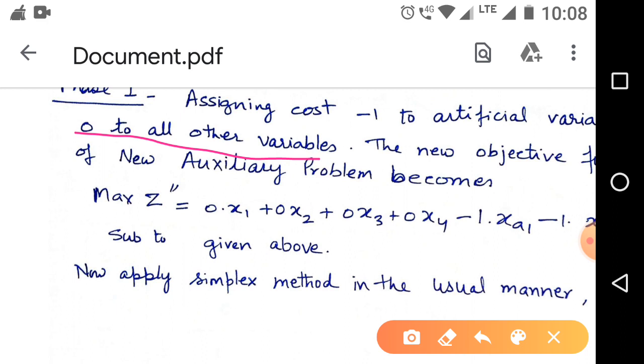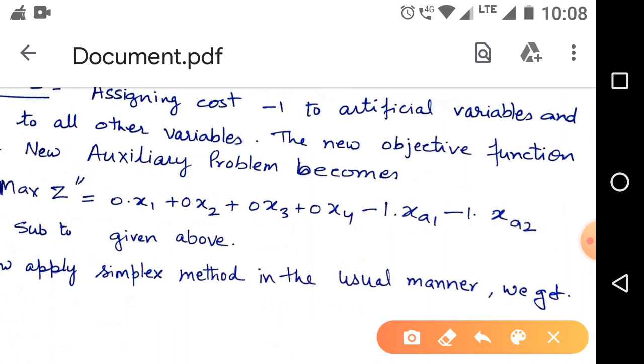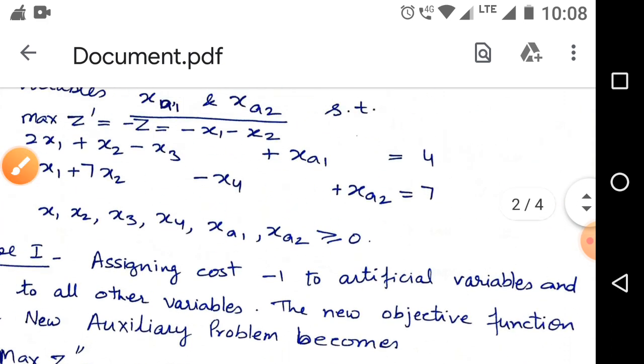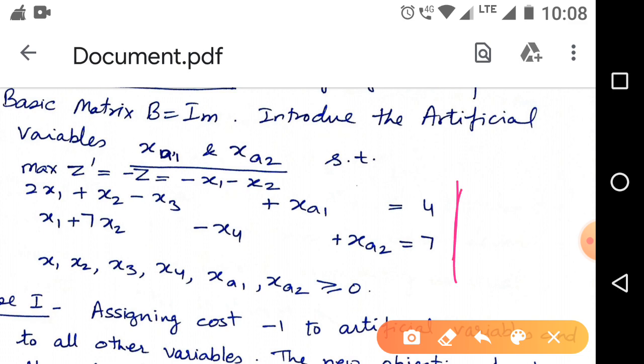So our new objective function is: maximize z' = 0x1 + 0x2 + 0x3 + 0x4 - 1xa1 - 1xa2, subject to the same constraints.